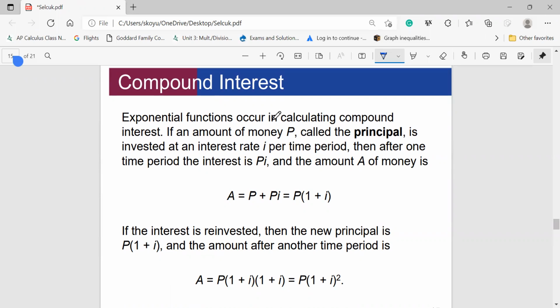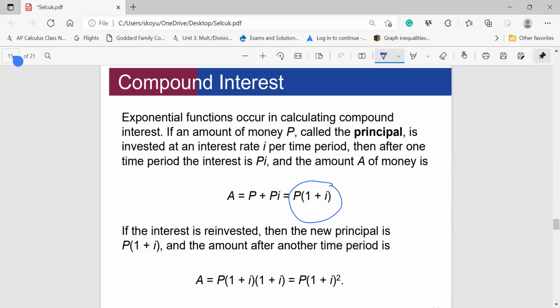So if you have an initial amount, which we call principal, and the letter P is for principal, and you invest this at a certain rate during certain time, then after one time period, like after 1 year or after 4 months and so on, the interest you will get is the rate multiplied by the principal. And the total amount of money that you will get at the end of that period is basically the principal added to the interest. So principal added to the interest is basically P times 1 plus